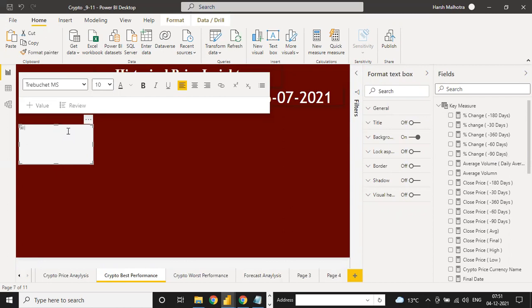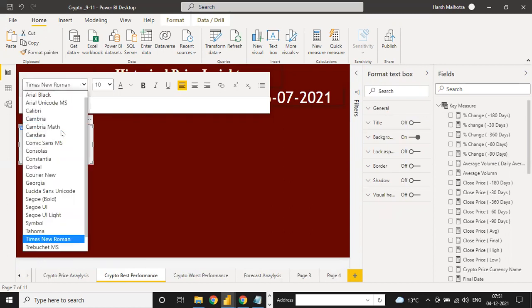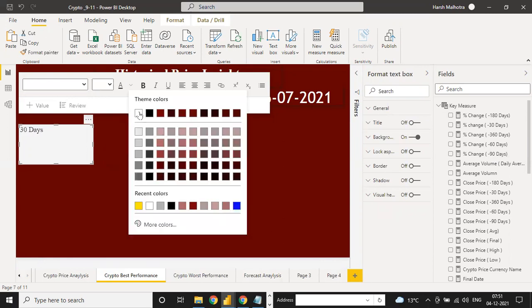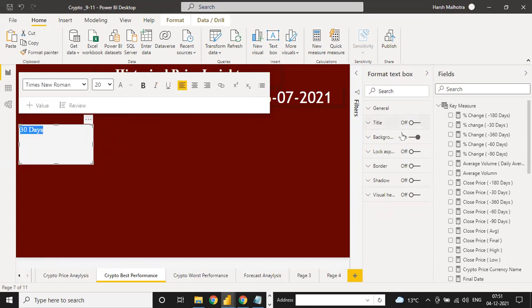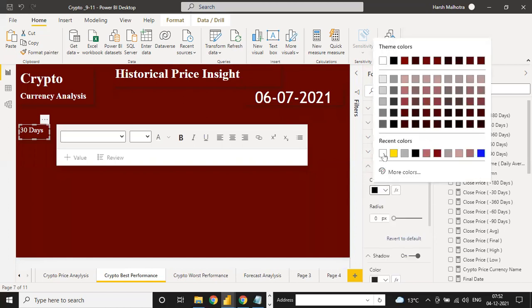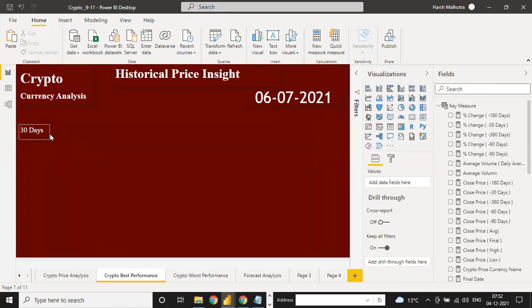So we put it here as 30 days, change to Times, size is suppose 20. Color should be white, background, border, and the shadow I need it to, or you can put border white color. Yeah, now it is good.